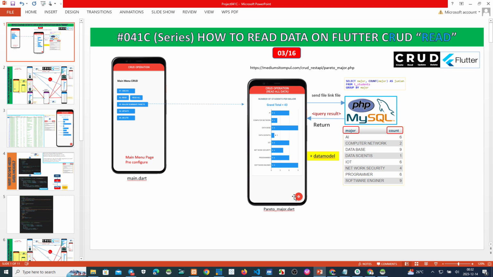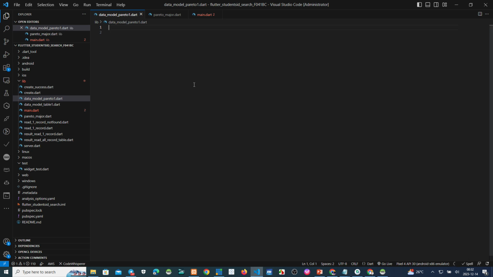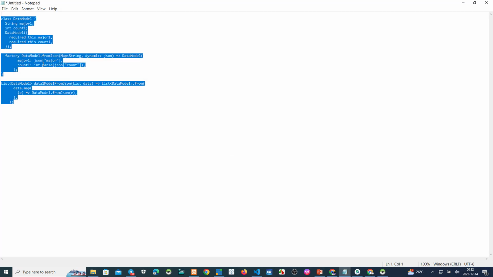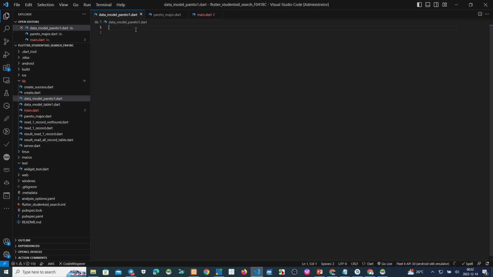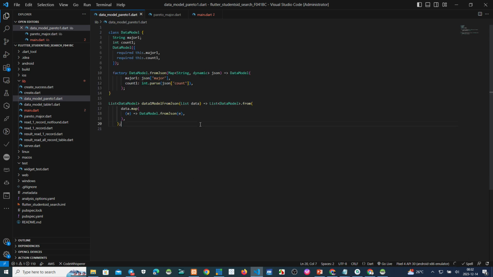Now we make the data model first. To make it faster, we just copy this data model. This is the data model. We have two parameters, major 1 and count 1.